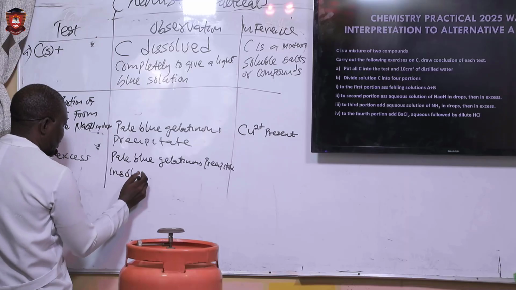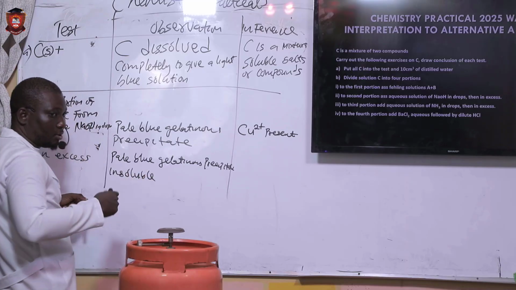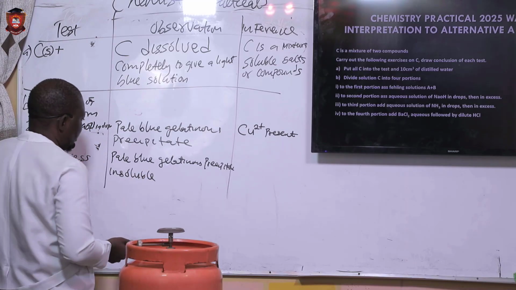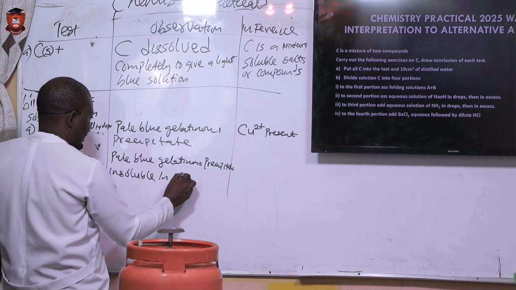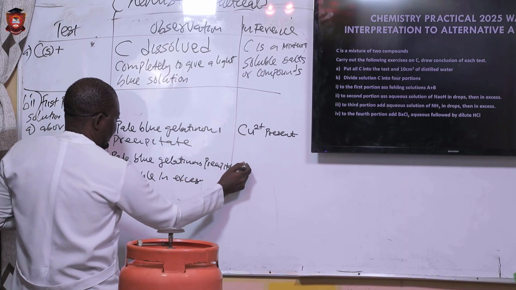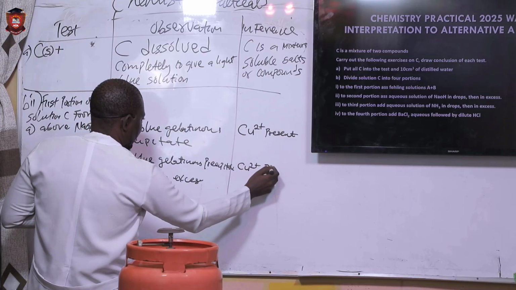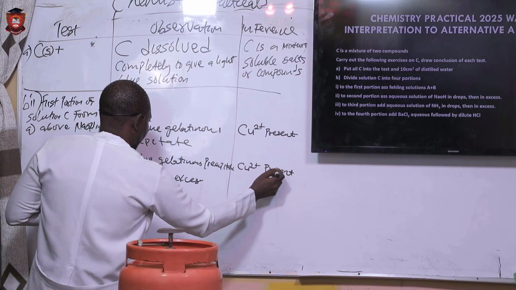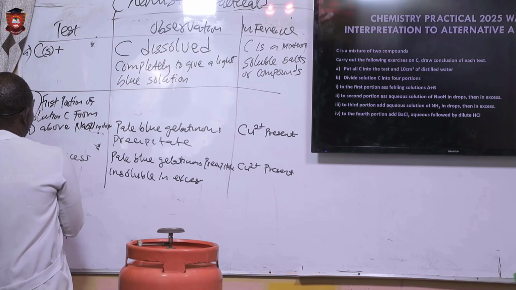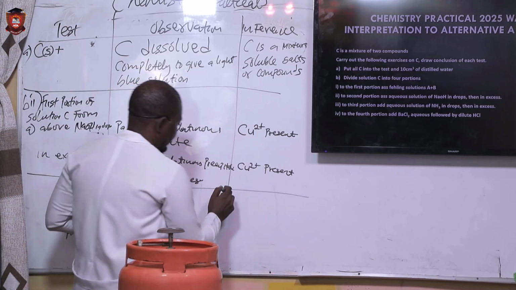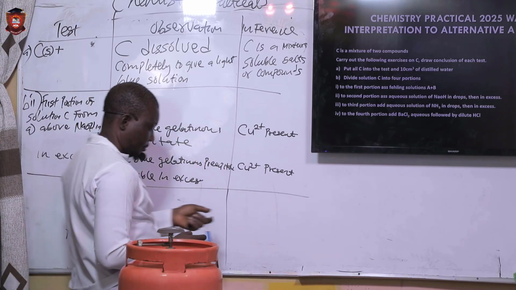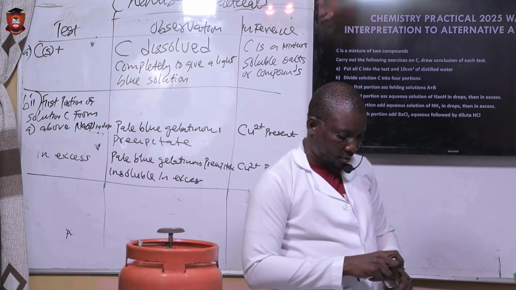Insoluble. The word insoluble still means does not what? Dissolve. Insoluble in what? Excess. What else are you going to write here? Copper 2 ion present. We are done with that particular test. The next test,